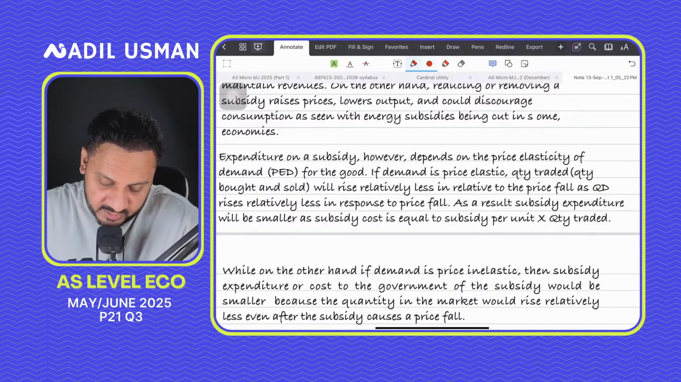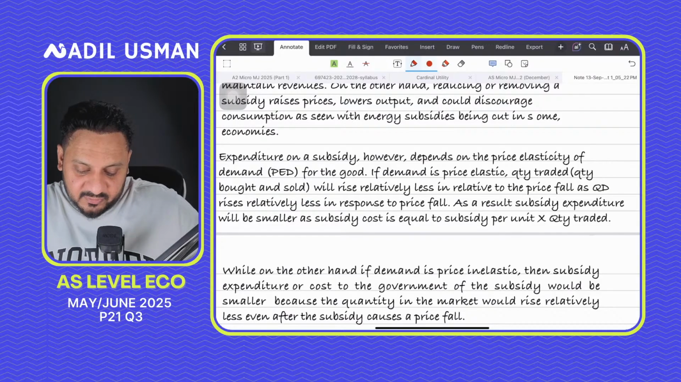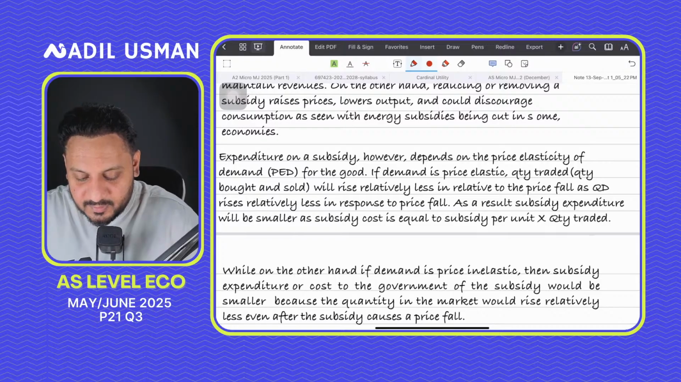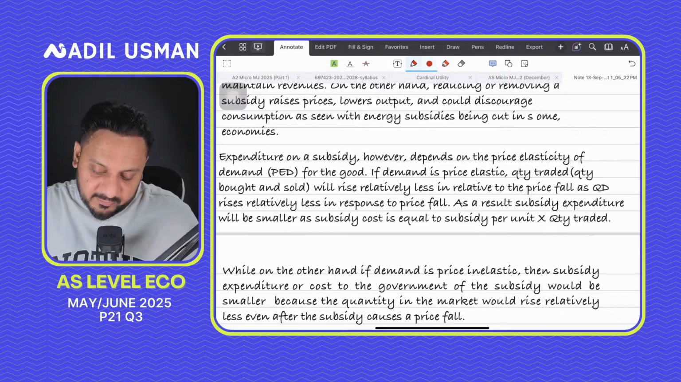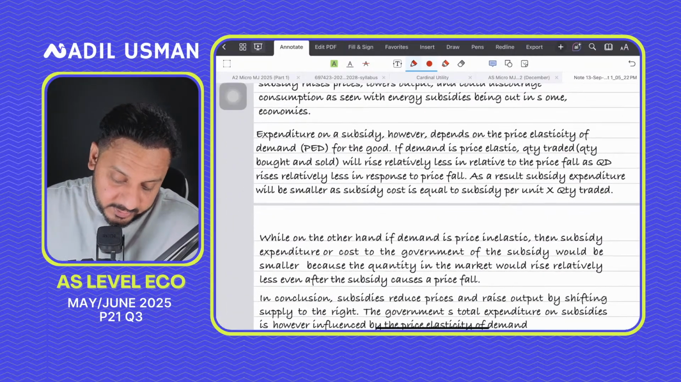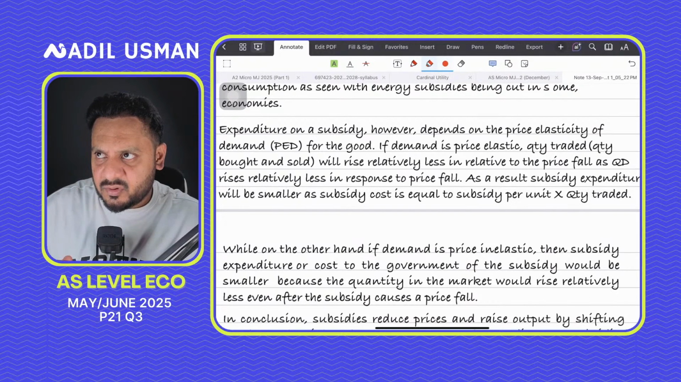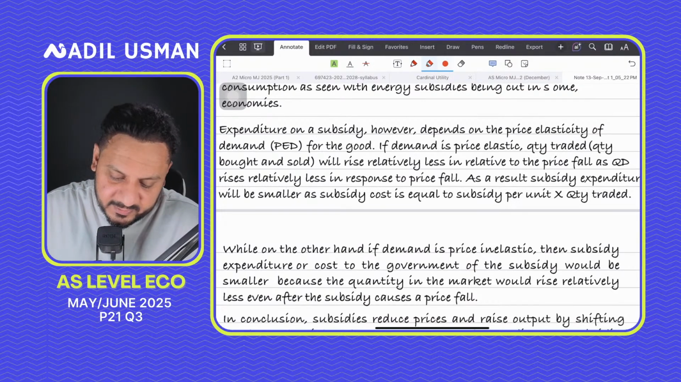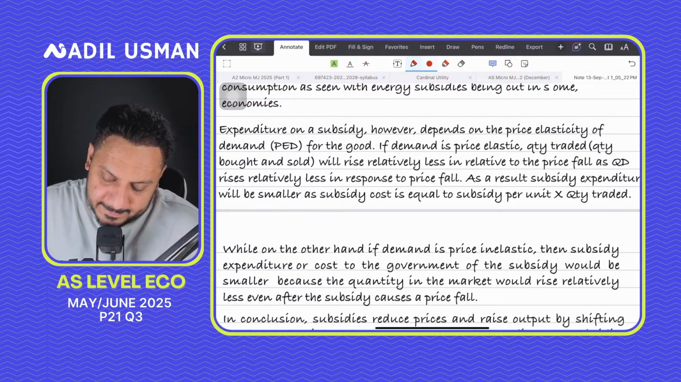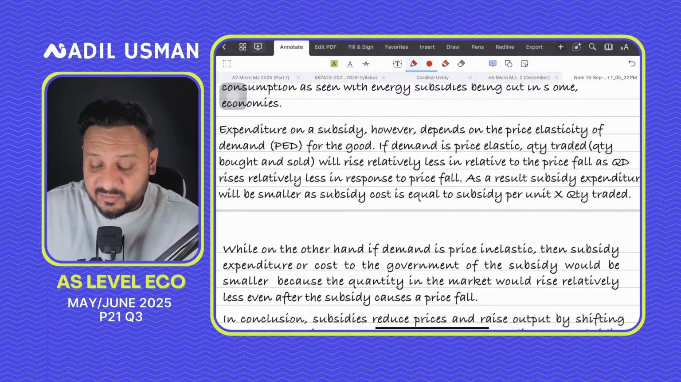We are starting the evaluation. Expenditure on subsidy, however, depends on the price elasticity of demand for a good. If demand is price inelastic, then quantity traded, that is bought and sold, will rise relatively less. The reason why quantity traded rises relatively less is because quantity demanded doesn't respond much, right? Relative to the price fall, as quantity demanded rises relatively less in response to the price fall,